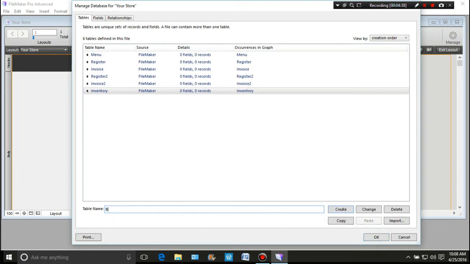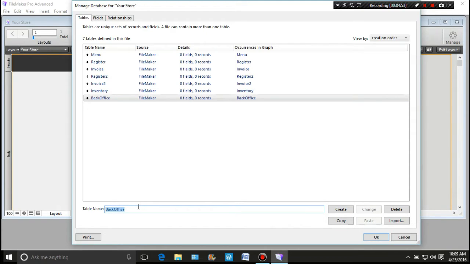So you're going to need a back office. And notice how I'm creating all of these pages in a single word, so they're not separated or different in any way, shape, or form. Enter to create the back office. Now, what we're going to need to do at this point is set up a way to monitor what your stores are doing, or what your registers are doing. So let's put in